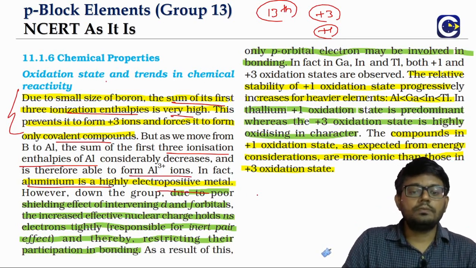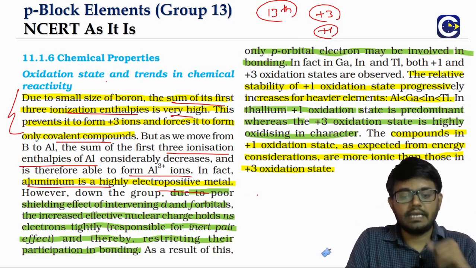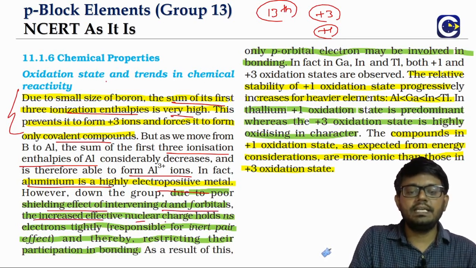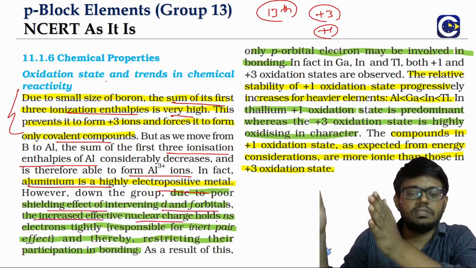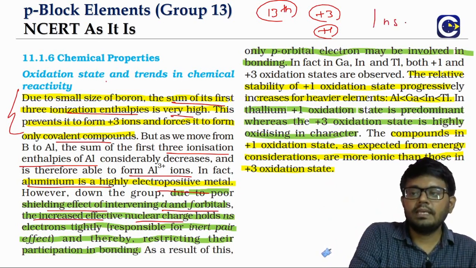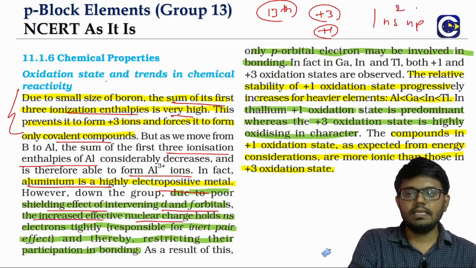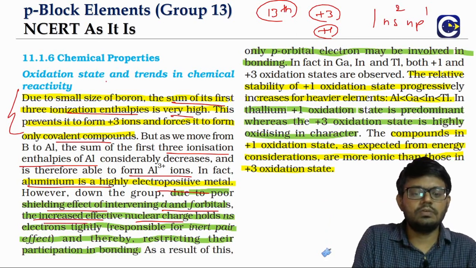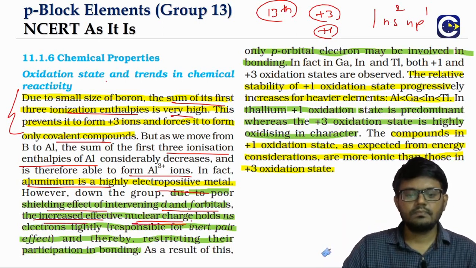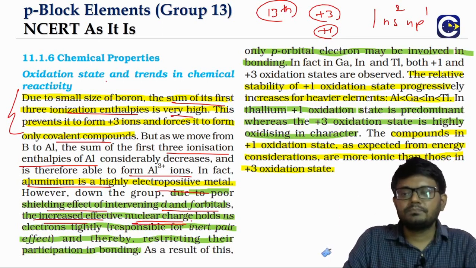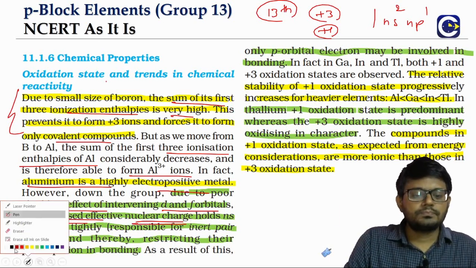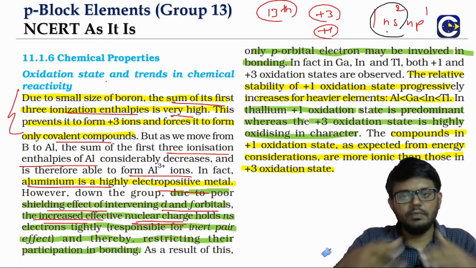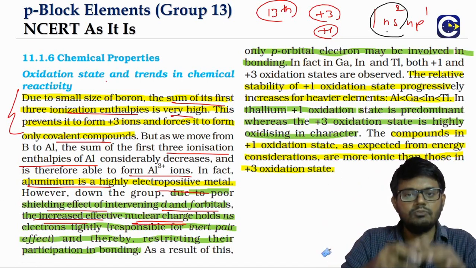If you move down the group from aluminum to gallium, indium, thallium, what we will start seeing is, because of the poor shielding effect of the d and f electrons, the outermost shell has ns and np, basically ns2 np1. It will come under more influence of the nucleus. That is what we call increased effective nuclear charge. Between s and p, the s electrons will be more towards the nucleus in comparison to p. If you look at the orbital shape, s will be symmetrically oriented, p will be what?